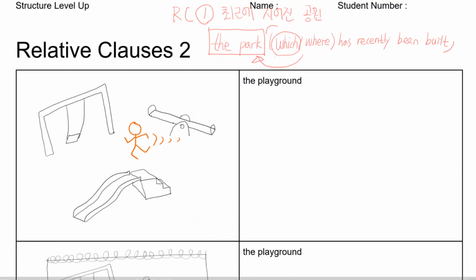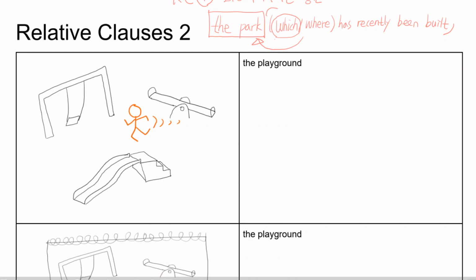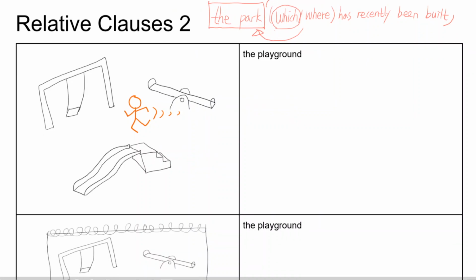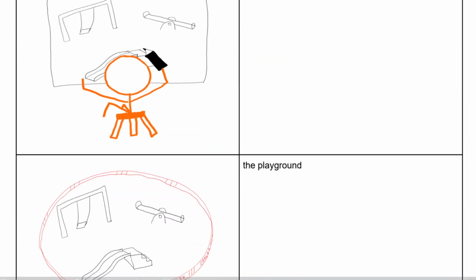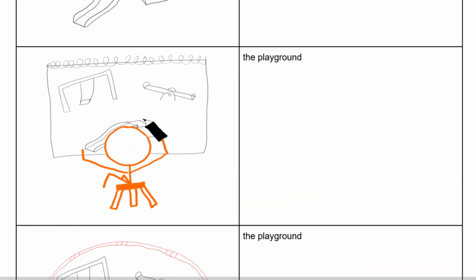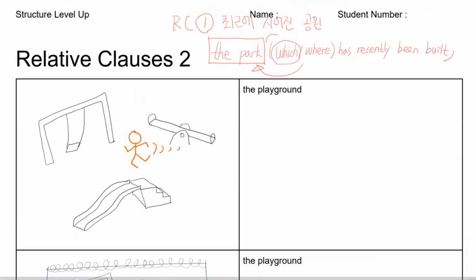We have 3 pictures below. The 3 pictures represent the 3 types of relative. The 3 types of situations, you have to use the relatives differently. Okay, so the first situation is like this. The situation is someone running in the playground, right? So what we are going to say here is